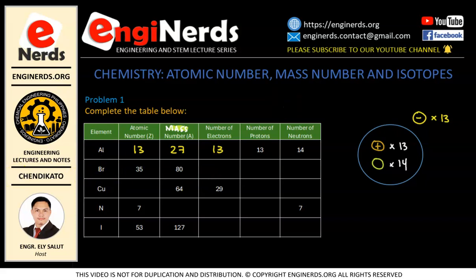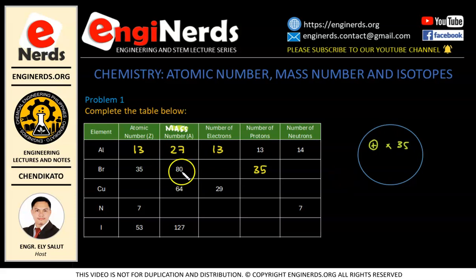Now we're going to the second row. So let me remove what we have written here. All right, so now in this example, we have atomic number 35 and mass number 80. So as we have learned earlier, the atomic number corresponds to the number of protons inside the nucleus. So that means in this case, if we have an atomic number of 35, we also have a number of protons, which is 35 in here. Okay, so we can draw that here in our circle. We have positively charged protons, which is 35.